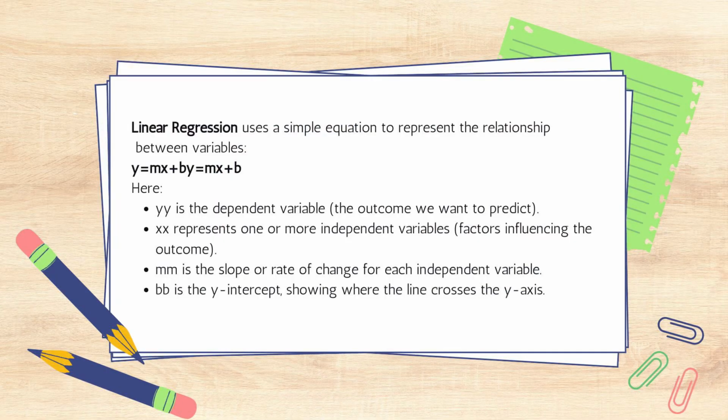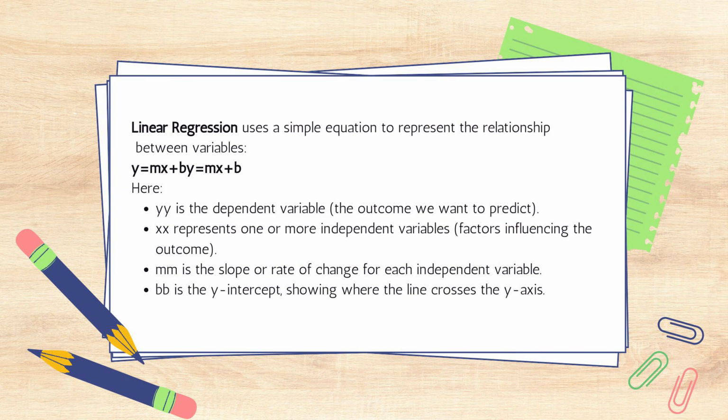So linear regression uses a simple equation to represent the relationship between variables. The equation is y = mx + b. Here, y is the dependent variable, or the outcome we want to predict. x represents one or more independent variables, or factors influencing the outcome. m is the slope, or rate of change for each independent variable, while b is the y-intercept, showing where the